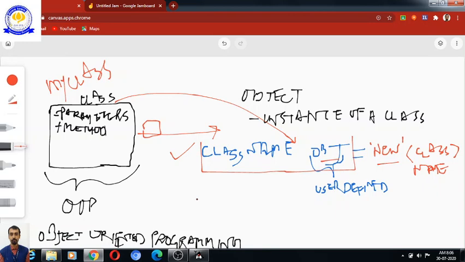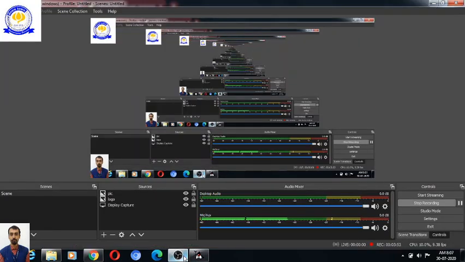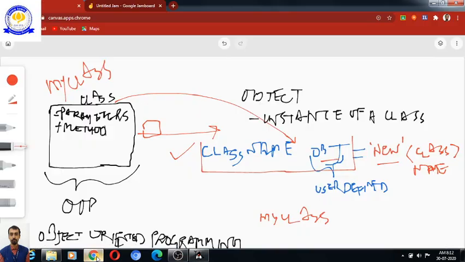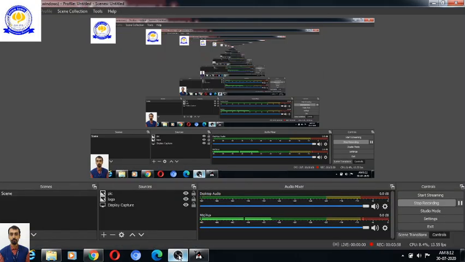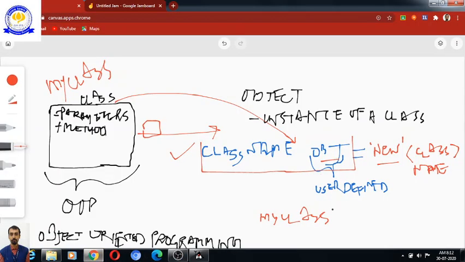So what will be the syntax is, first the class name has to be written. So we'll write my class, followed by the user defined name of an object. Let us give the object the name obj.